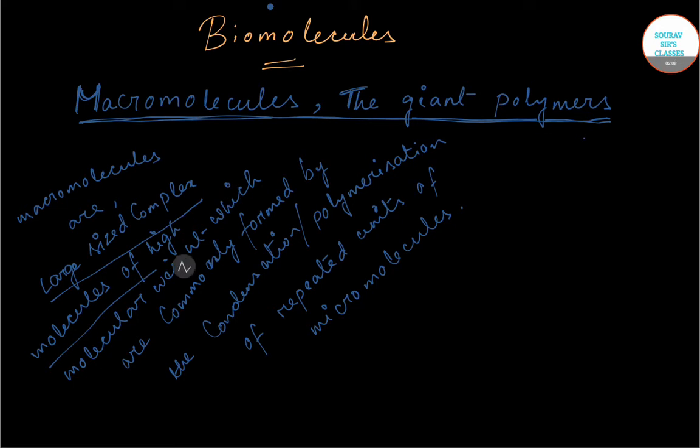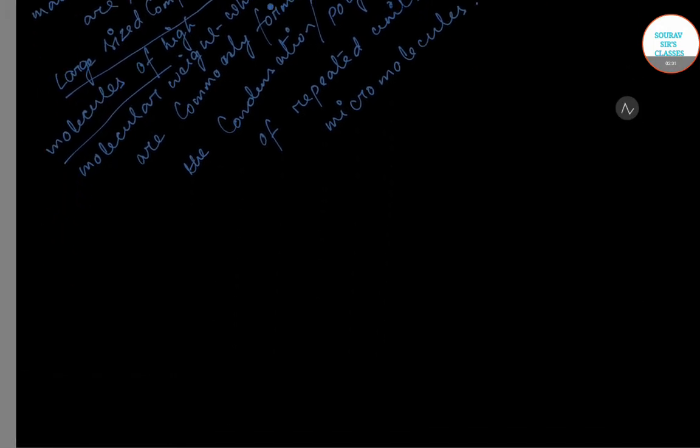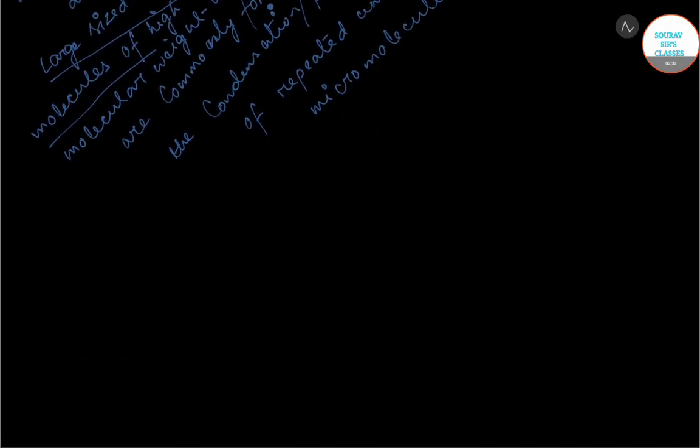So it is a very large-sized complex molecule of high molecular weight, and it is normally formed by the condensation of repeated units of the micromolecules. So now we are going to describe these macromolecules, the giant polymers. I'm going to discuss this through some points, and the first one is,